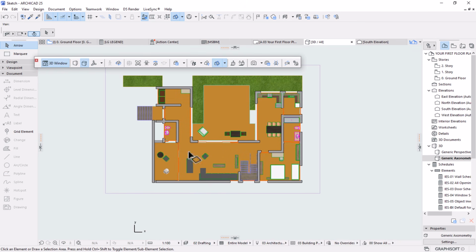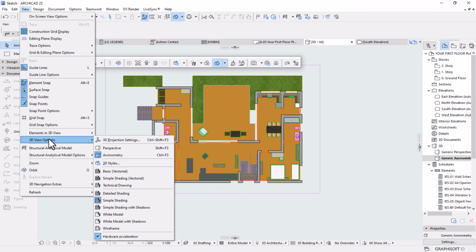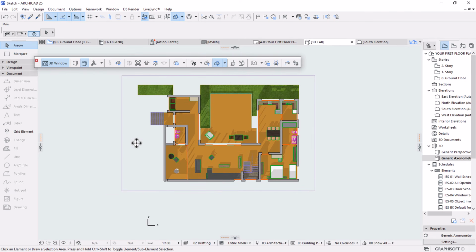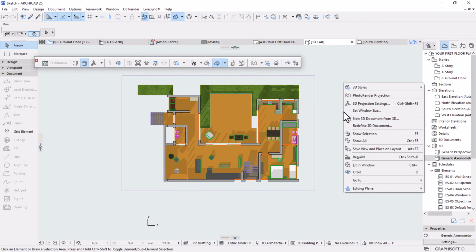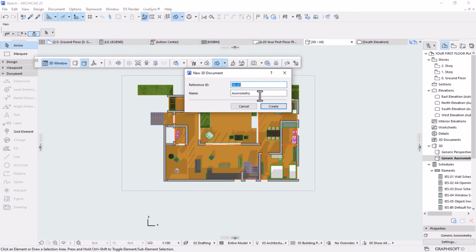So what we need to do is to activate the shadows. So I can come under the view, 3D view options. We can say simple shading with shadows. We have shadows already there. Then we need to convert this into a 3D document. So I'll right click, then say new 3D documents, call it a plan,